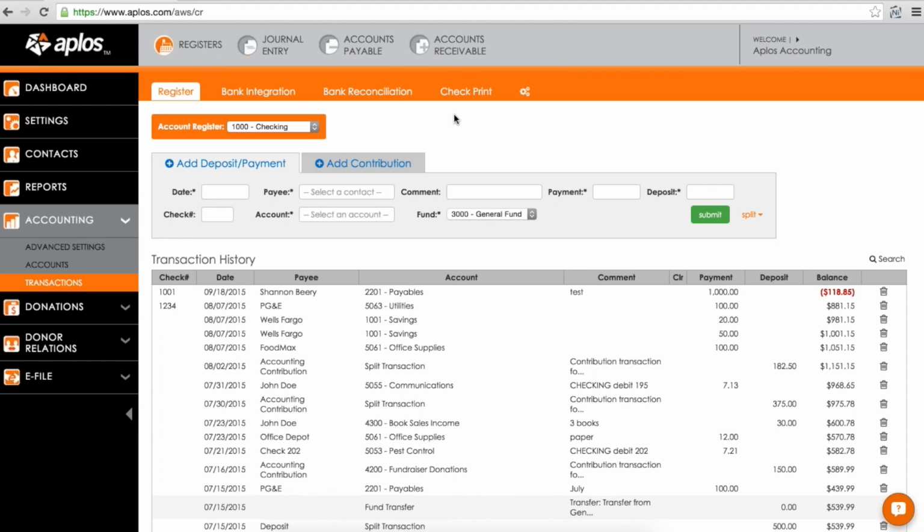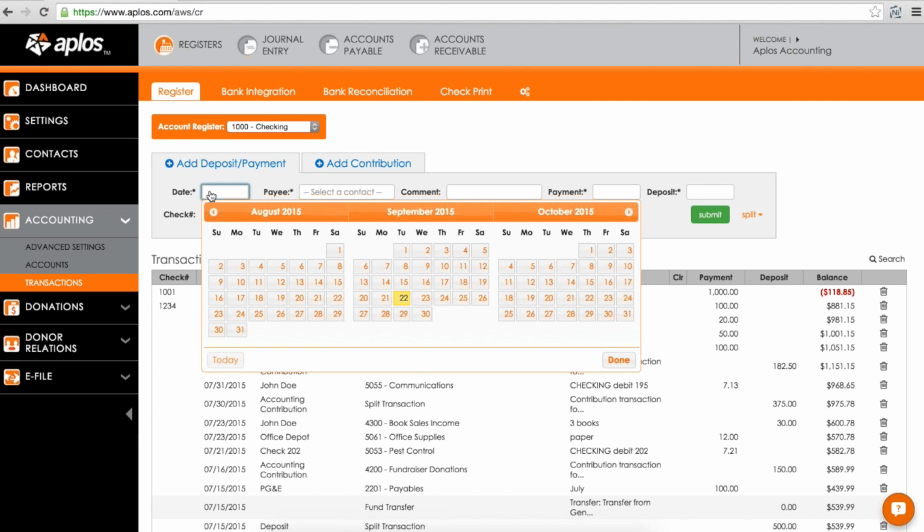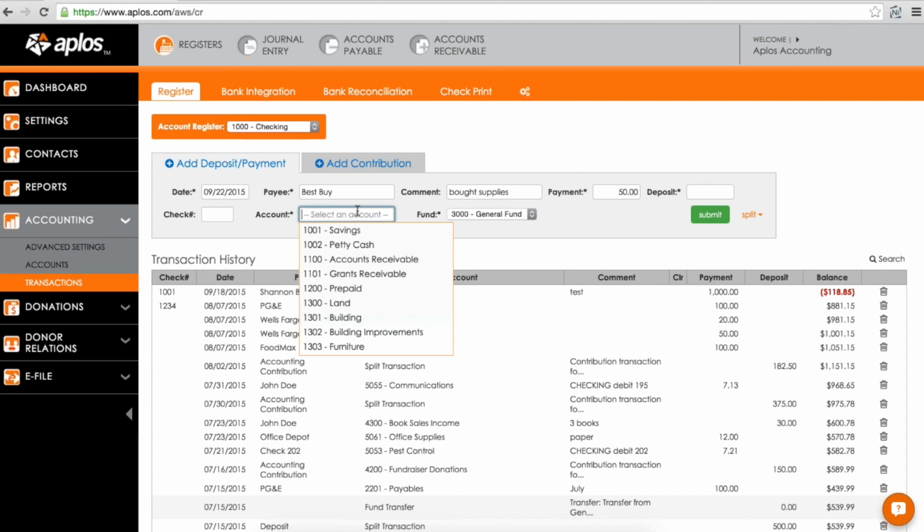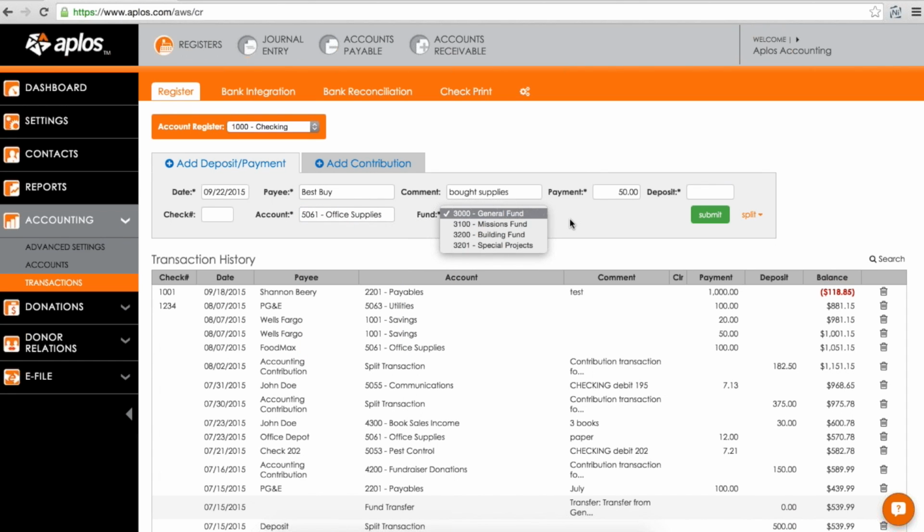It's otherwise known as a general ledger, but this is basically where you would pick what asset or liability account that you're working with. So let's say my checking account, and then you would record the $50 that you spend at Best Buy. So what this does is you put in here, I bought supplies, and I spent $50, and I didn't write a check, but this is coming out of my office supplies expense account, out of my general fund. So that right there is the version of single entry, but what makes it double entry is when you